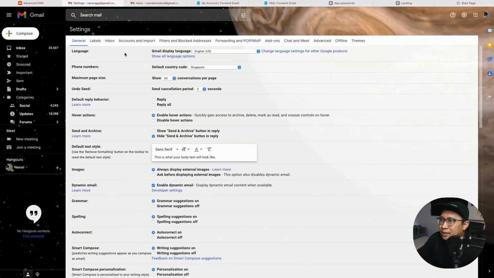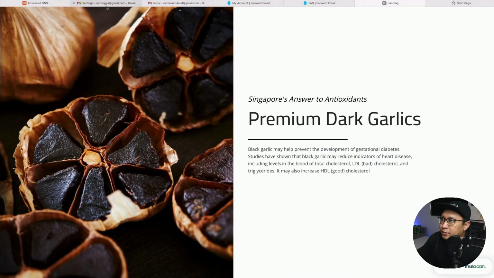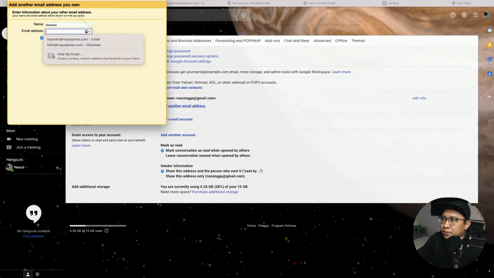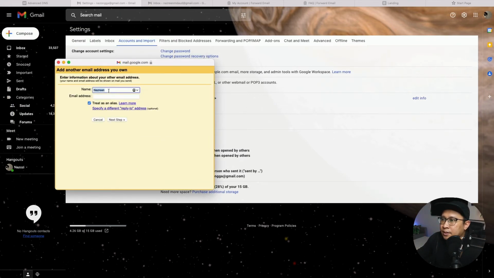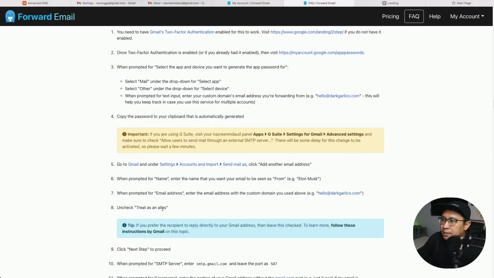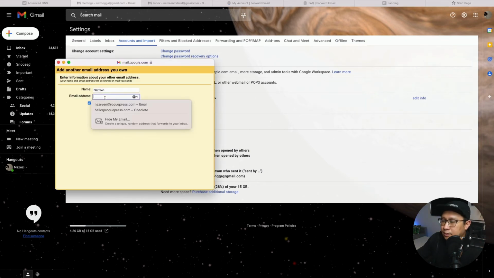Alright, so over here, what does the instruction say? Go to accounts and import, send mail as. So when you go back to your Gmail, accounts and import, send mail as. And then add another email address. Let's go. Alright, over here, you can set your name, any name. So the email address, put in the email address that you have put just now. Okay, so where is it? It's another window. Okay, so my email address is